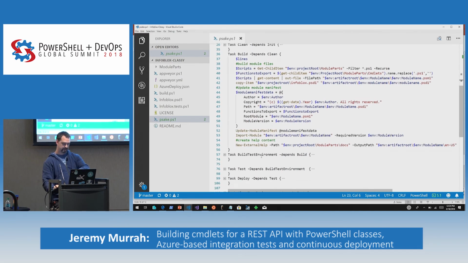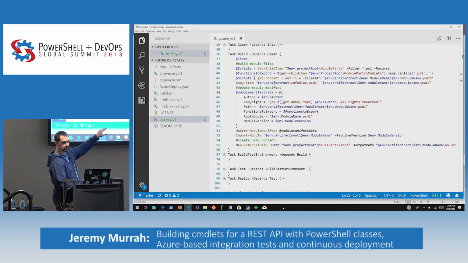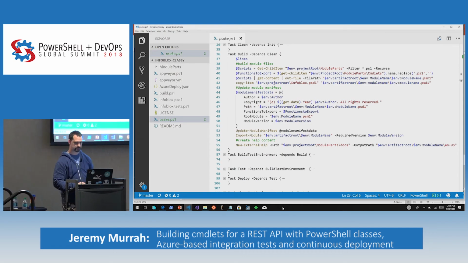And this is where I'm going to do my platyPS, right? So I create my new external help. If you're doing external help or markdown help, that's important to have. So that's all kind of done, and if that works, Sake looks at errors. If any of these bomb out or throw an error, the whole thing will stop. The dependency sort of depends upon build, but really depends upon build not failing is what it's actually saying